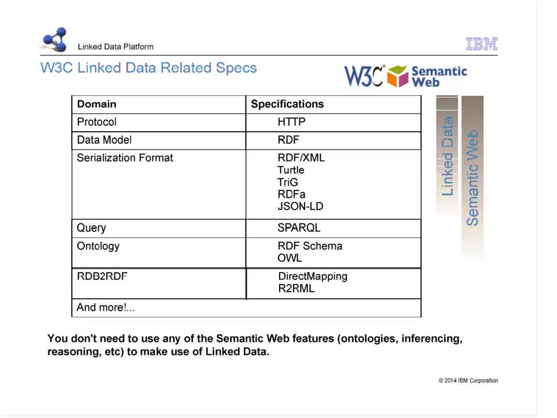The W3C started that over 15 years ago now. And so there's a whole series of specifications, and I'm not even trying to list them all here on this slide, but I'm trying to give an idea of the main specifications and which category they fall in. So the protocol I talked about, HTTP; the data model is RDF; and then there are several serialization formats for the data model. That's an important thing that a lot of people miss in the beginning.